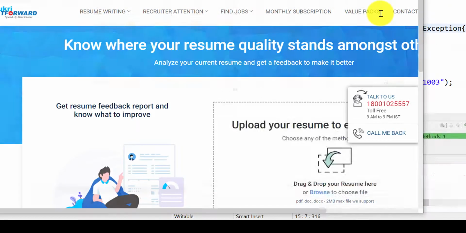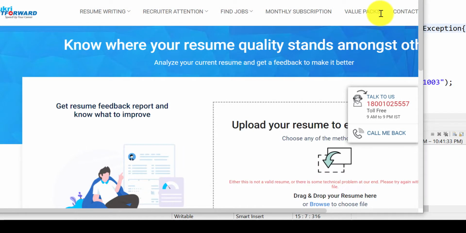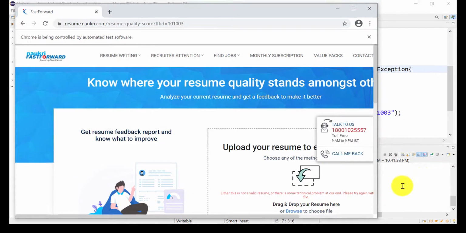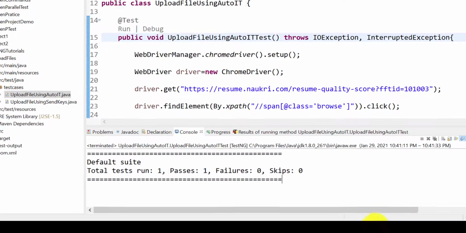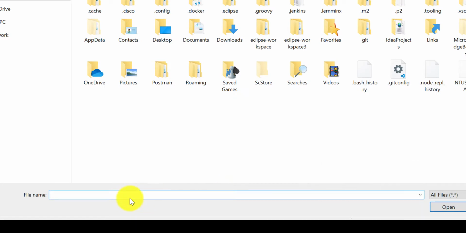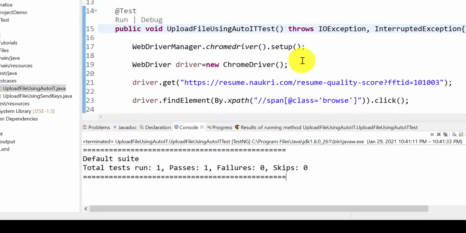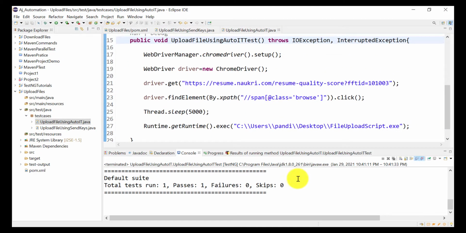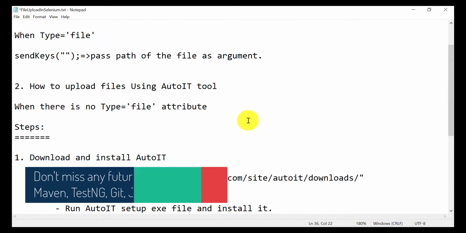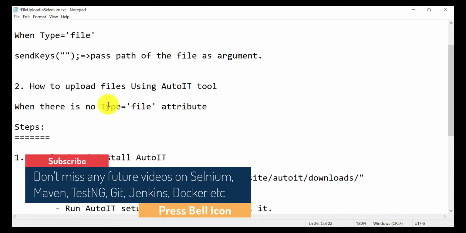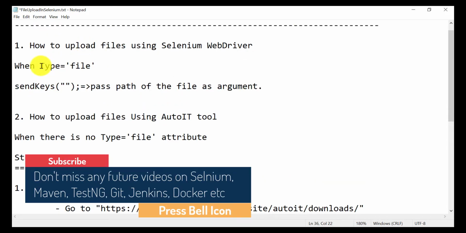And yeah, it's good, no problem. But if you face any issue, the issue can be that it is not able to inspect this. So using the finder tool, check the title or your control ID again. This is how you can use AutoIT for the file uploading feature where type equal to file is not available. You can use this for the scenario where type equal to file is available also.